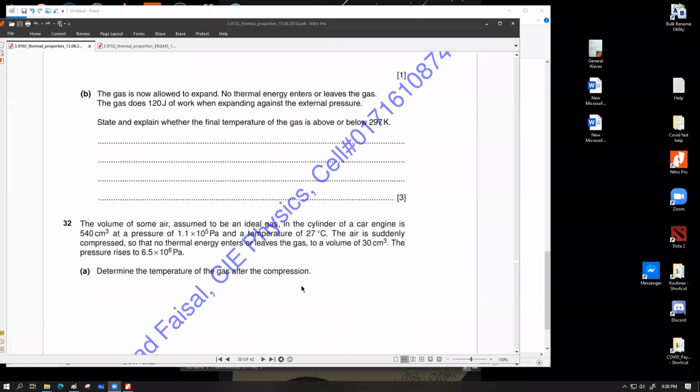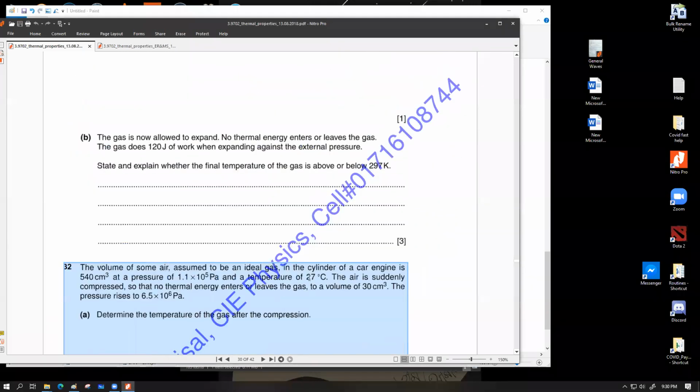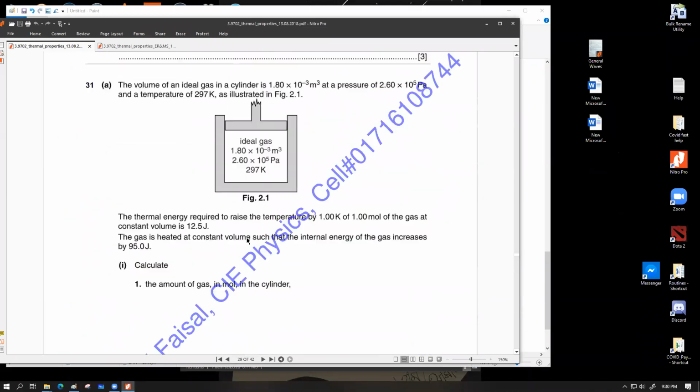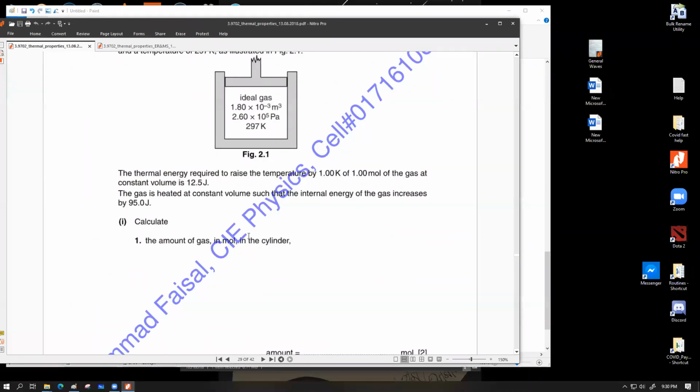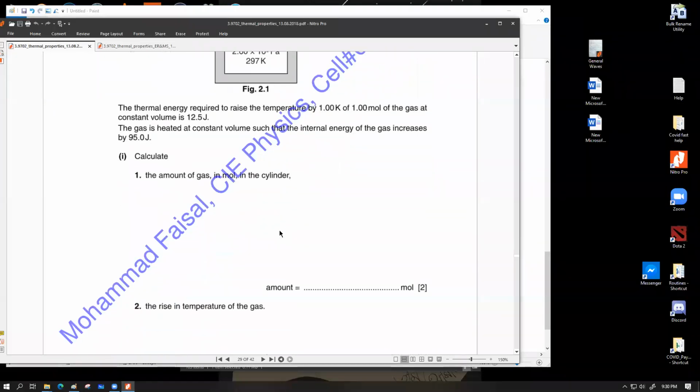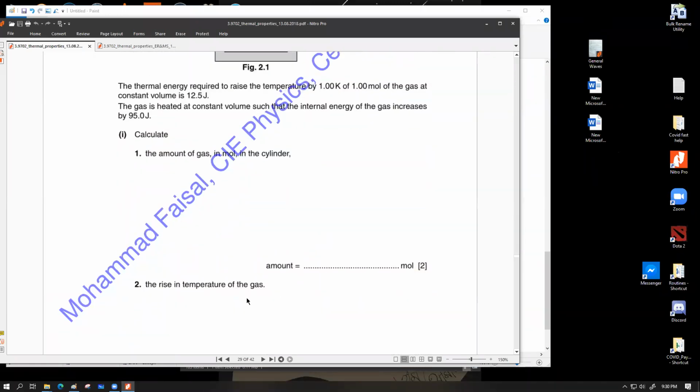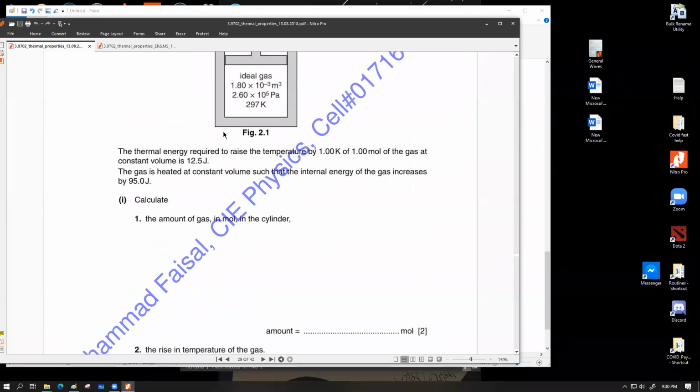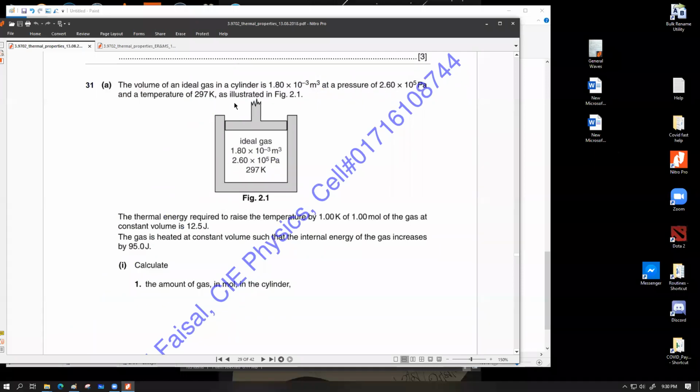স্যার তারপর বলো। স্যার 31 এর এ তে প্রবলেম ছিল। বলো এতে কি সমস্যা? স্যার এর যে 2টা মানে A1 2 আর A2, হ্যাঁ স্যার, রাইজ ইন টেম্পারেচার অফ গ্যাস আর এর পরেরটা রাইজ ইন টেম্পারেচার অফ গ্যাস বের করার জন্য আমাদের যেটা হিসাব করা লাগবে যে অল টুগেদার. Oh, they have already said this, that thermal energy required to raise the temperature by 1 Kelvin of 1 mole of gas at constant volume is 12.5 joule.